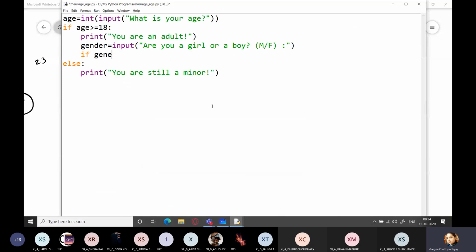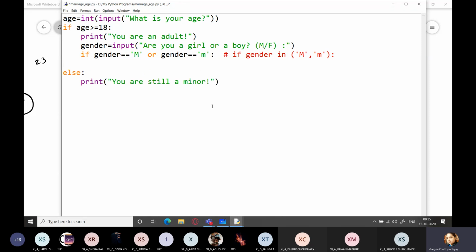So if gender is equal to male or equal to small m, because it's quite possible the user can enter capital M also and small m also. There is an alternate way of writing this, that is if gender in M or small m. So you can write that also.